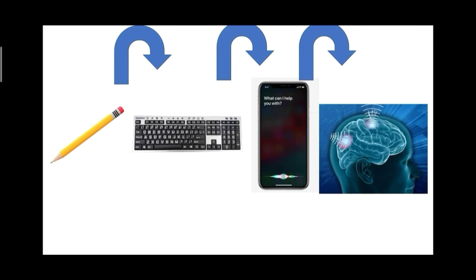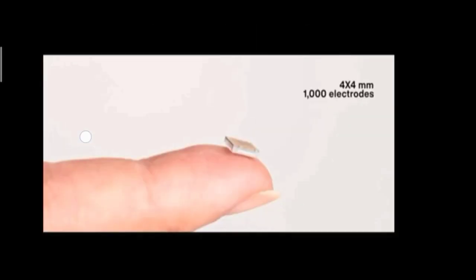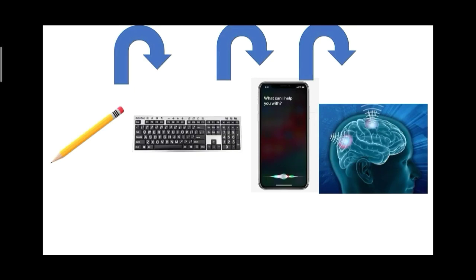Okay, first when we needed to write something, or give some data to anyone, we used to write it with the help of pen or pencil. Then it proved to be hectic, so we shifted to keyboard, and then again we shifted to Siri or Google Assistant, whatever you can say. Okay, and the next step in this hierarchy is BMI, brain machine interface, by which you just have to think and the thing will be done.